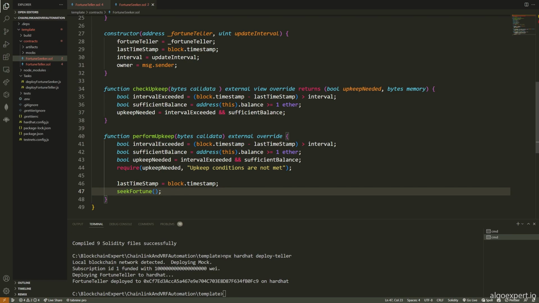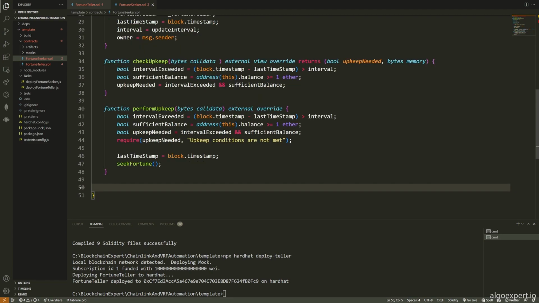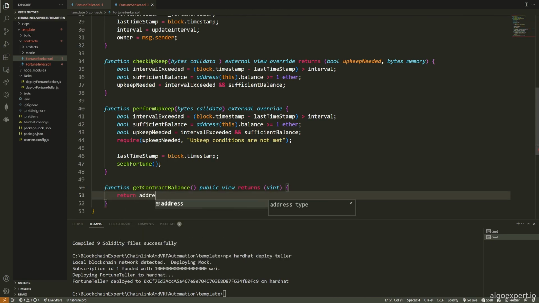So it's a bit weird, but the seekFortune function is going to be on this contract, but then we'll call the one on the fortune teller contract from this function. Okay. Before we do that, let's just write a few other functions it needs. So getContractBalance, okay. And this will be a public view that returns a uint, and we can return address(this)